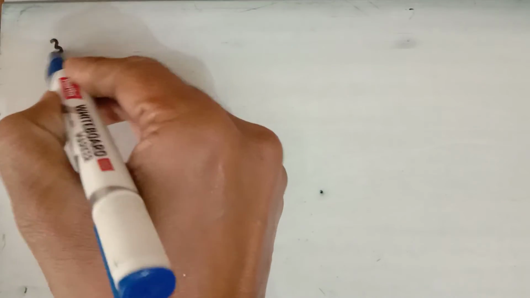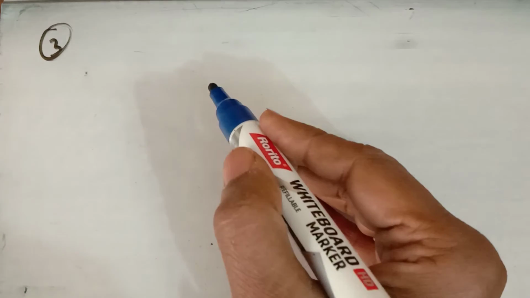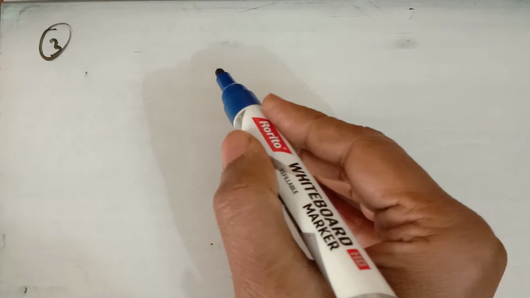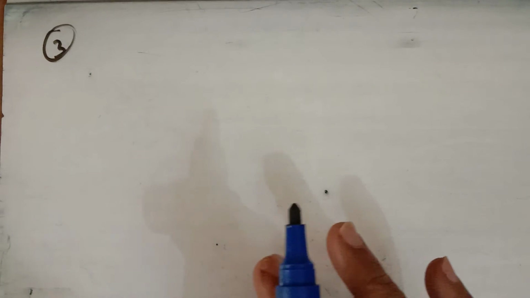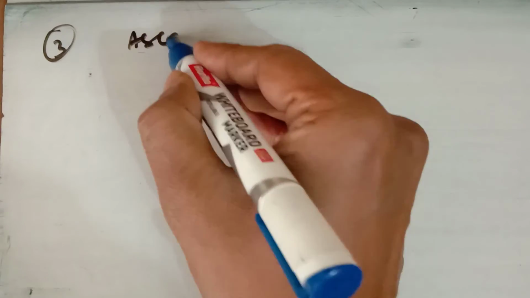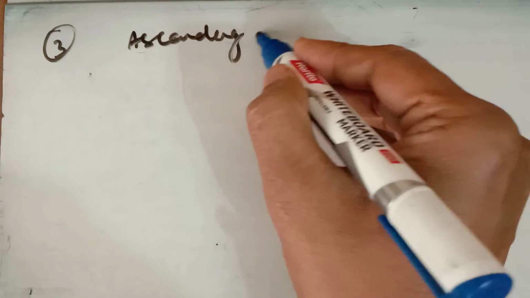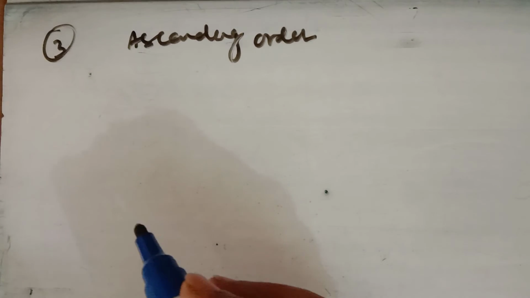Now in question number 3, you have to find the mean deviation about the median. So be very careful. First of all, what you have to do, you have to arrange the data in the ascending order. आपको पता है पहले ascending order में इस data को लगाएंगे, because when the data is given in ungrouped form, then you have to write it in ascending order.